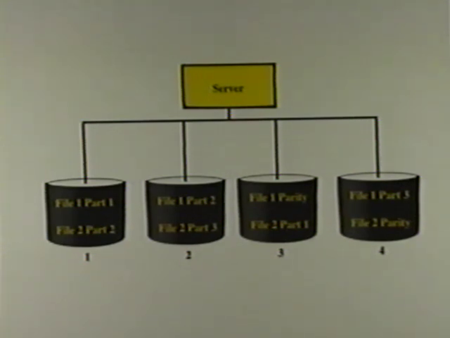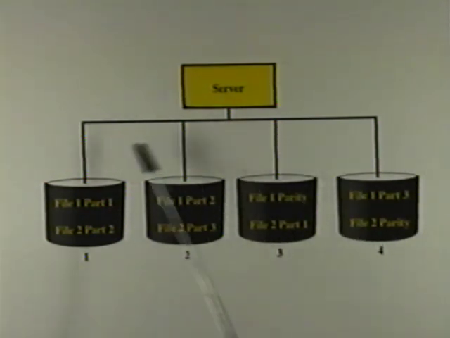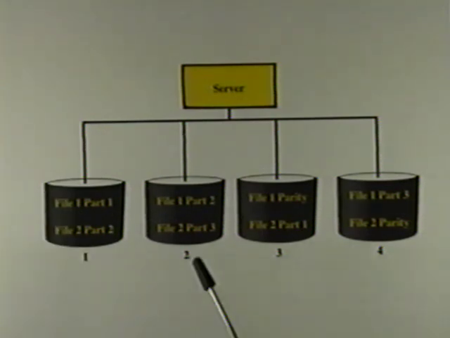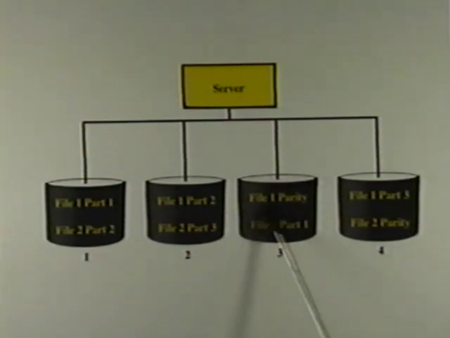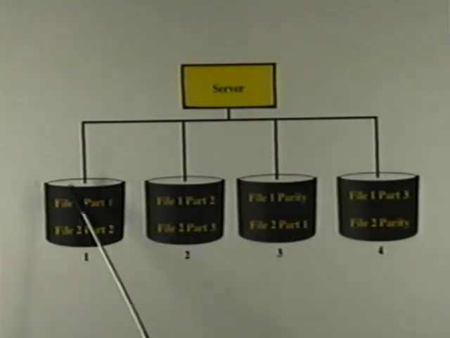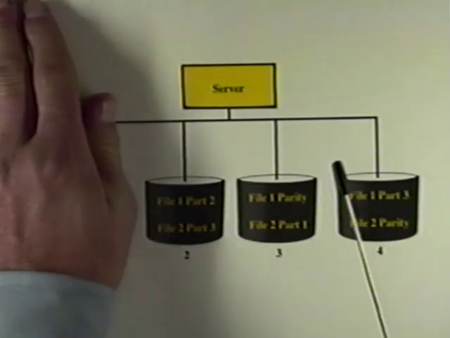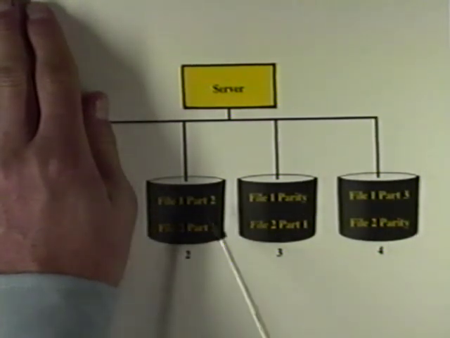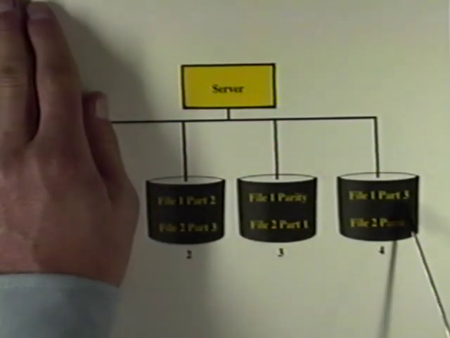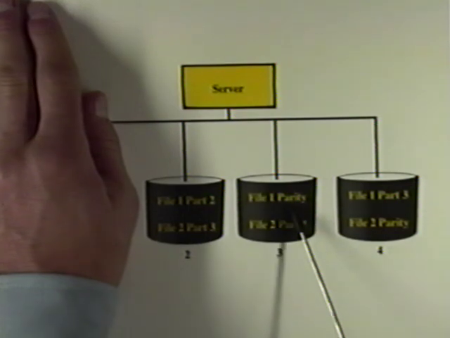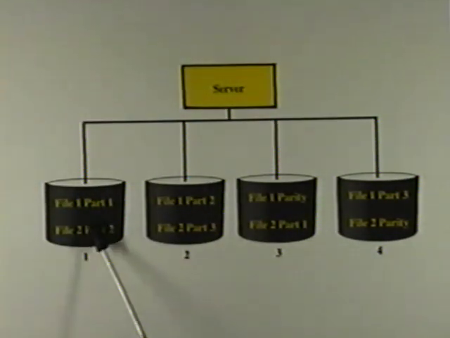It was extra, that basically told us whether we had an even number of ones or an odd number of ones. And so that parity was considered redundant. So in this case, not only do we have redundant disks, but we also have redundant information being stored on one of the disks. And the whole idea behind RAID is if one of these disks happen to crash, the idea is that with part 2 and part 3 and the file 1 parity, we can actually generate part 1